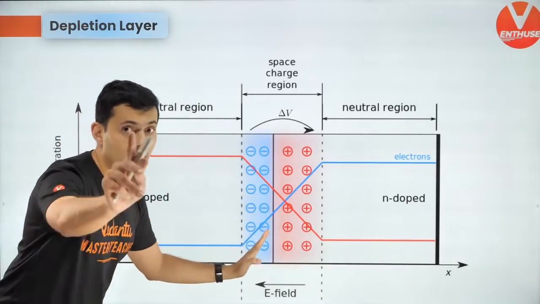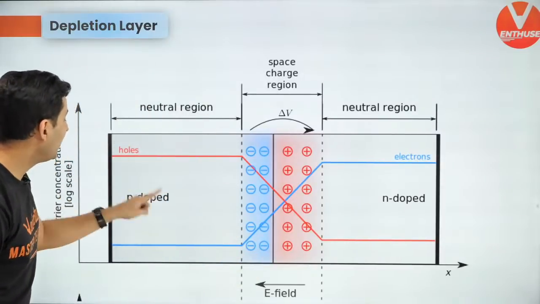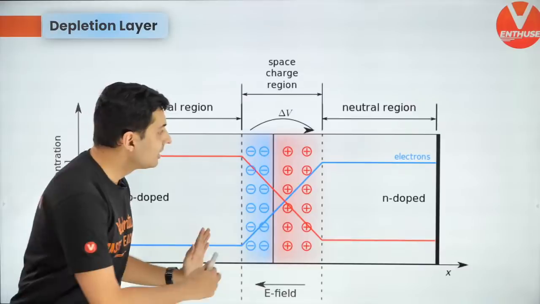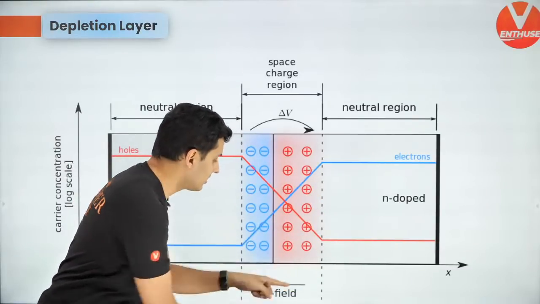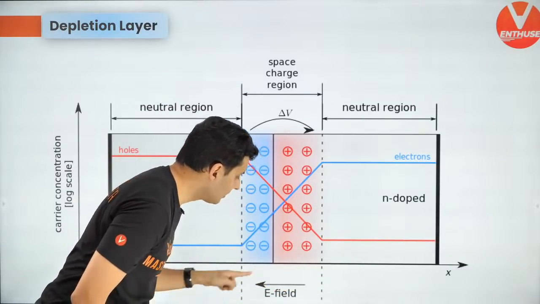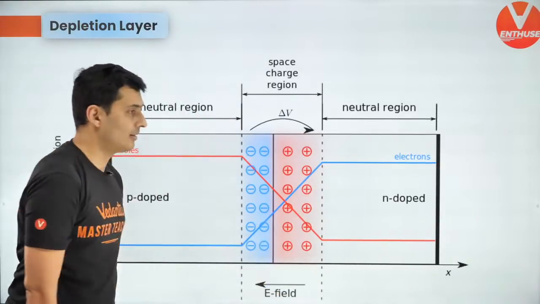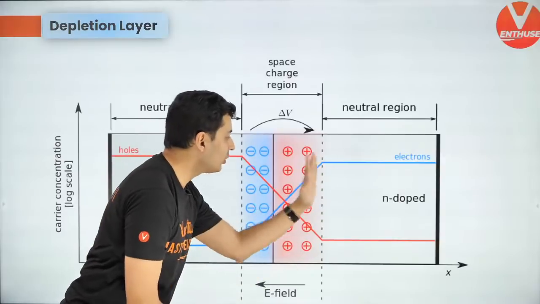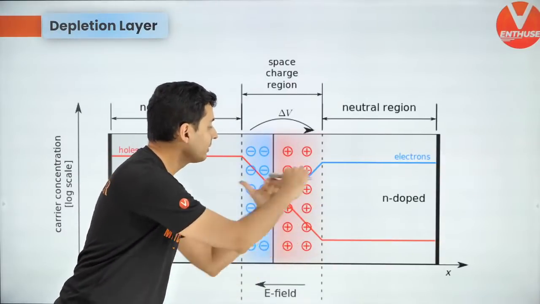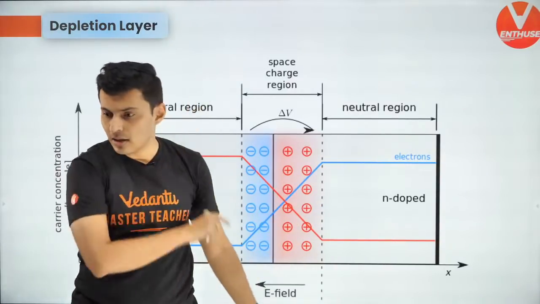In the depletion zone, like I just said, the p-type is negatively charged, the n-type is positively charged. Do you see this electric field from positive to negative? It's like a capacitor. It's like two plates. One is positive, one is negative. Electric field coming from that side to this side. Now,